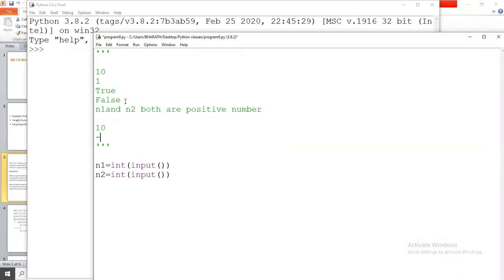How can we determine that? If I give minus 5, how do we say that minus 5 is a negative number and 10 is a positive number? Here we are using one comparison operator: 10 greater than 0, then it is positive. Minus 5 greater than 0 is false.